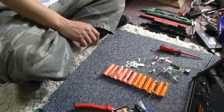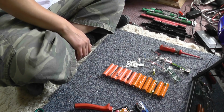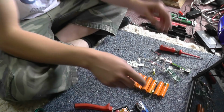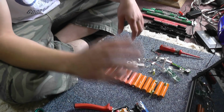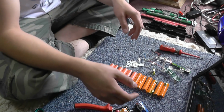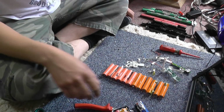I have been marking some of the cells which have failed, but you'll see that in another video. Basically, anything that fails the capacity test or doesn't charge or discharge gets a big blue dot on top and bottom so we can distinguish them from other cells. So we're working towards